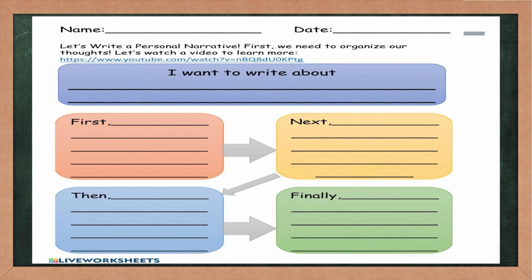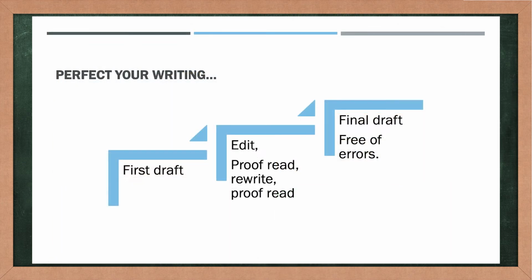So by now, you have done your brainstorming. You have your graphic organizer in front of you. Using this graphic organizer, you can start writing your first draft. Look at your first draft and check if there are any spelling errors. Have you used the best words, or do you want to replace a few? Are your sentences properly constructed? Can you combine two ideas together and make your sentence look better? Make all corrections you require on your first draft.